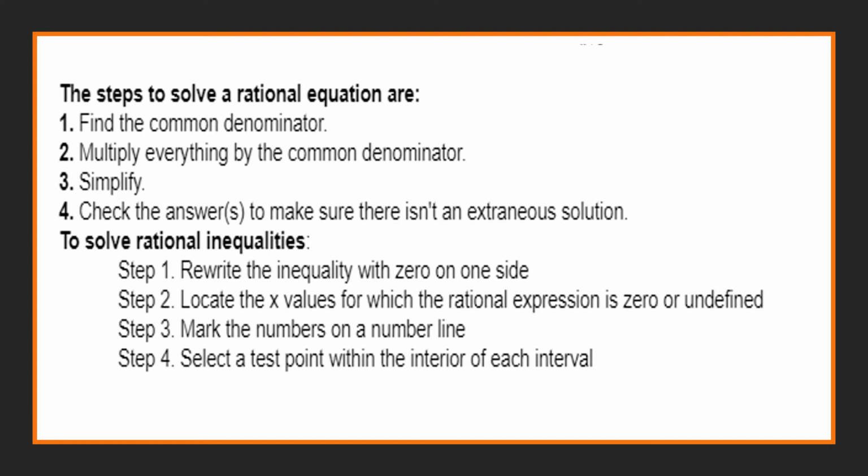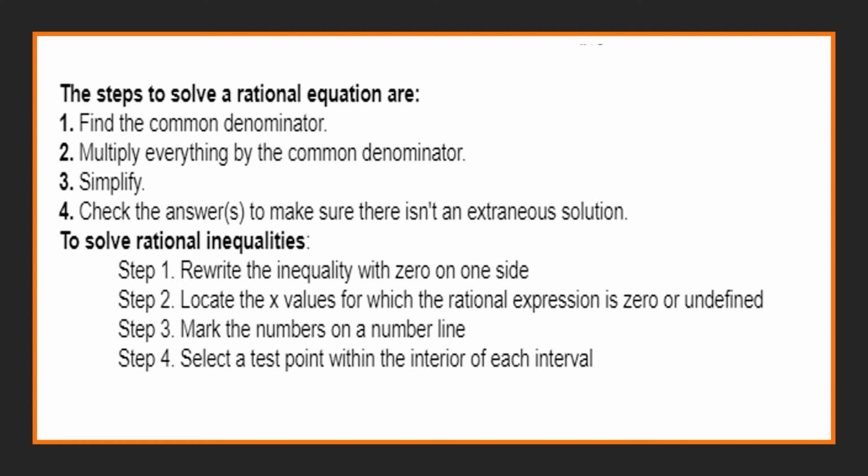So, here are the steps to solve a rational equation. The first one is to find the common denominator, multiply everything by the common denominator, and then simplify. So it's like combine all the similar terms, then perform the correct operations when you simplify. Then check the answers to make sure there isn't an extraneous solution or there is a solution na hindi part noong